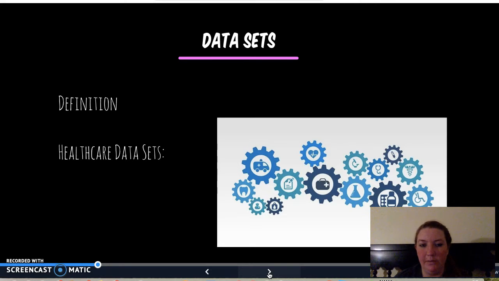Generally, a single table would be a data set. In healthcare, data sets include a vast amount of medical data, so various measurements could be financial, statistic, demographics, populations, insurance, a wide range of data that we can look at,